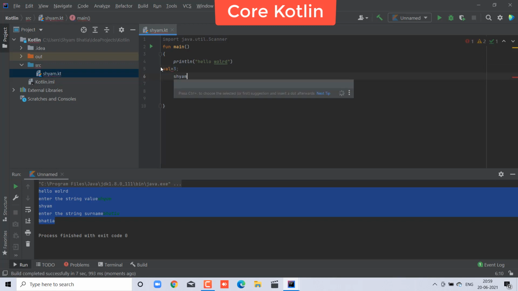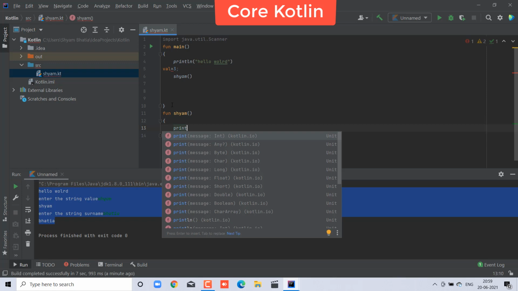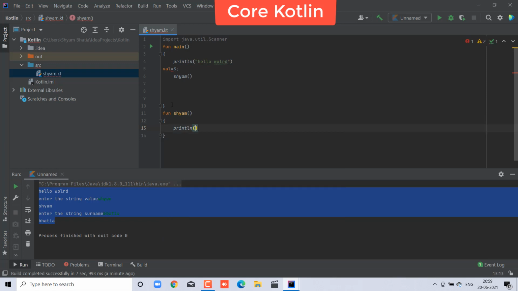Val equal to 3, and type here Sham, and this is our function, and make the function outside the main function. It is Python, so fun, and your function name is Sham. Open curly braces and enter println, and type inside, this is another function.